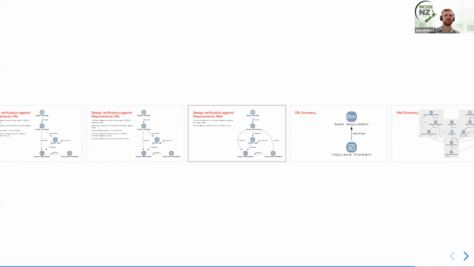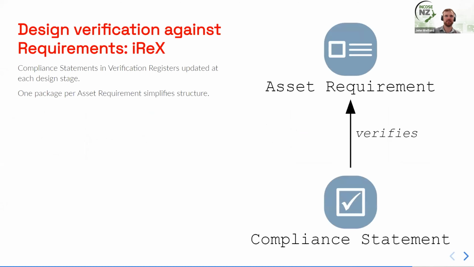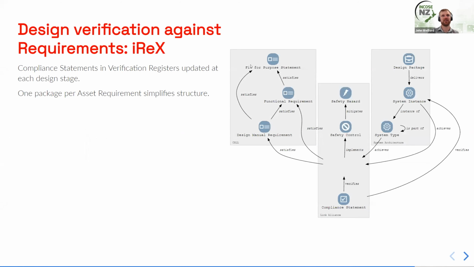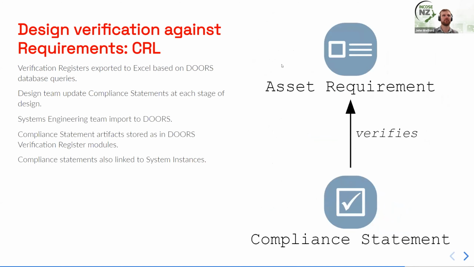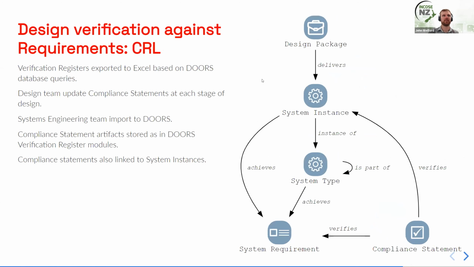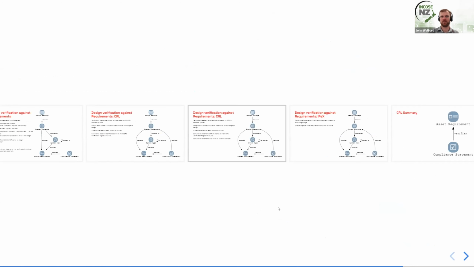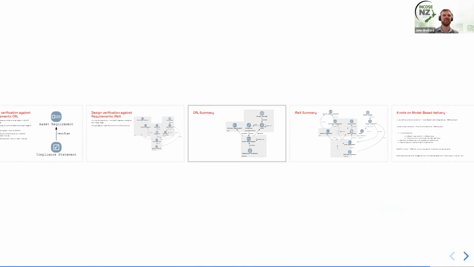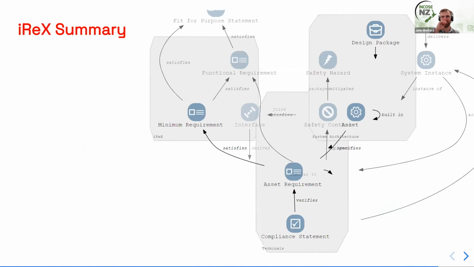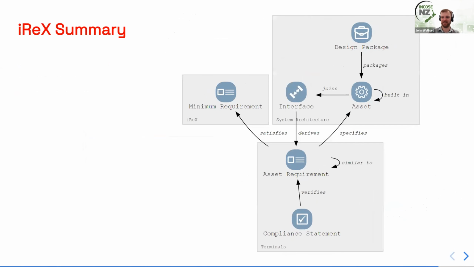for CRL, we've obviously got our fit for purpose statements at the very highest level. We've got the fit for purpose statements at the highest level. And we've got design right at the low level. And then up the right-hand side of the V, which I don't have a good diagram to show, in this set, we have